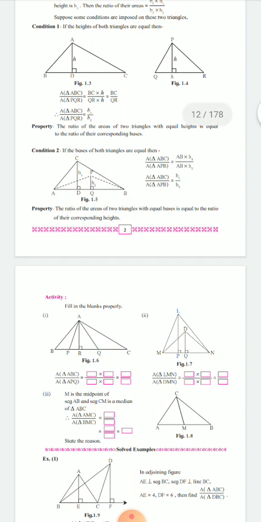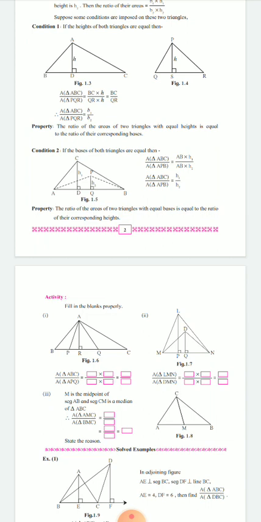So again, if you see the second diagram, you will get many triangles, but we have to consider only the given triangles, that is the triangle LMN, which is the outermost, and triangle DMN, which is the middle one. So here we have to consider both areas. We can say the ratio of the areas of triangle LMN and triangle DMN. So again, if we observe carefully, you will come to know that for both triangles the base is common, that is MN, and the height is different. So we can directly write the answer as the ratio of the corresponding heights,